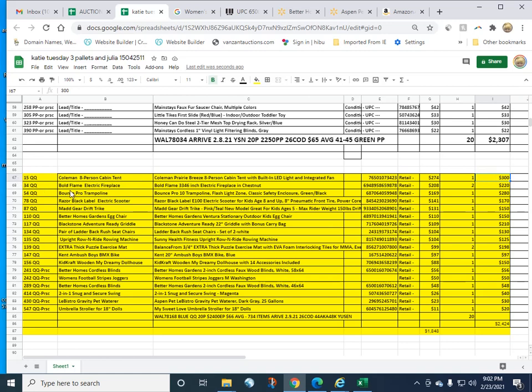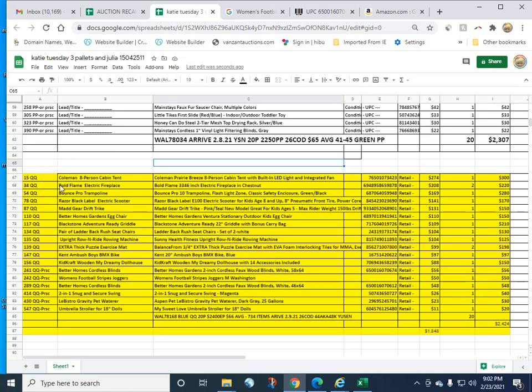Now what we need to do is we need to get the photos that are going to be for these items. You might find it beneficial to print this out so that you can still see the lot numbers. But I'm going to show you on this how we're going to get the pictures. Just since we're starting this